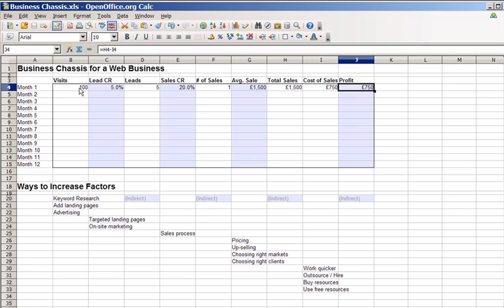This is slightly different to the generic business chassis that I introduced earlier on. This is really angled towards a web business. So let's say this is your business, and I'll talk through it step by step. It all starts with visits. Assuming that all your business comes via your website to start with, so we're looking at organic traffic and possibly pay-per-click traffic. So if you get 100 visits in a month, and out of those visits you get 5 leads,